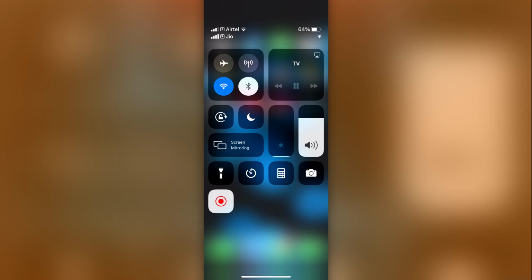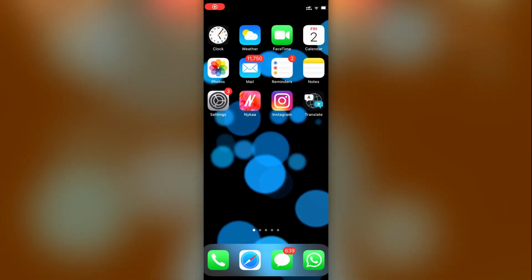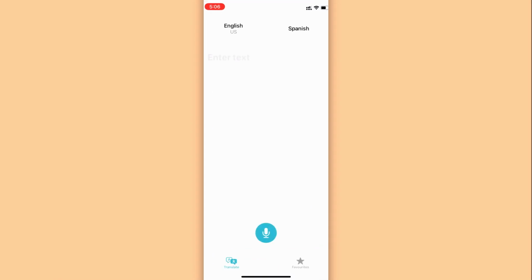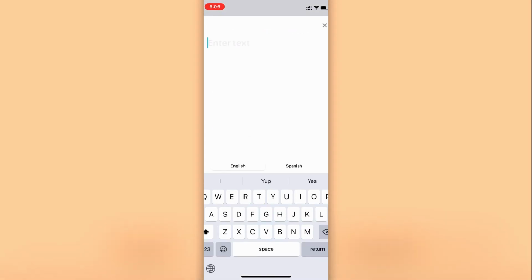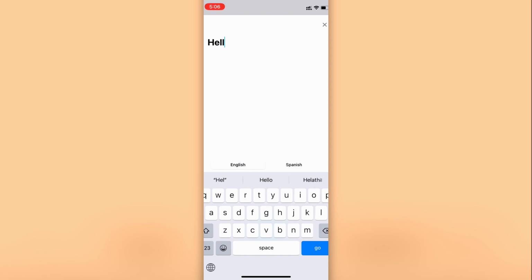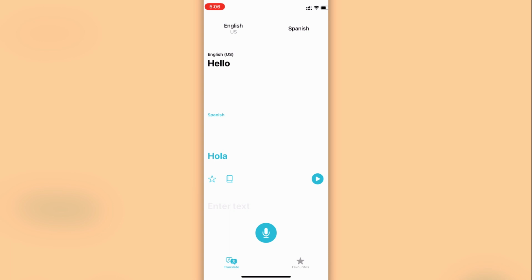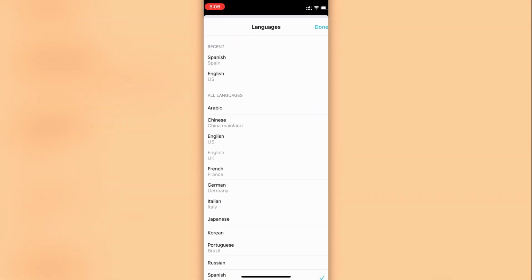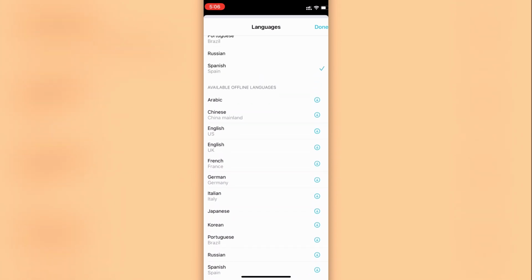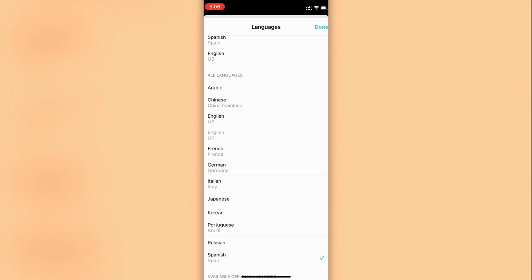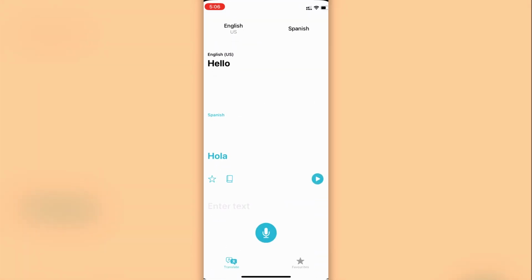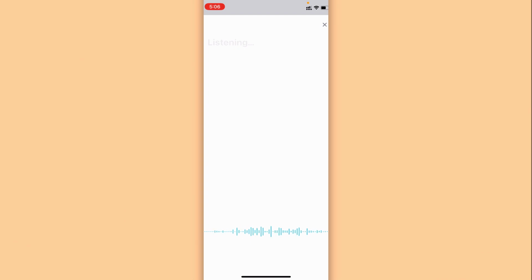The next feature that you are going to get with iOS 14 is the new Translator app. The app offers side by side translation of languages and comes with support for 11 languages. As well, this app can work in offline mode, which is also great. The 11 languages include Arabic, Chinese, English, French, Italian, Japanese, Korean, Portuguese, Russian and so on. It also works in landscape mode, and the input can be provided via text or via your microphone. So this is the next useful feature that we are getting with the iOS 14 upgrade.